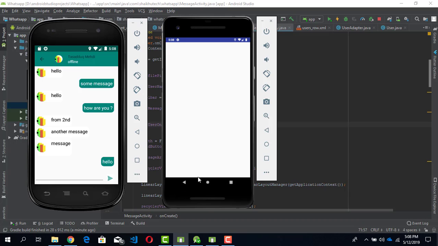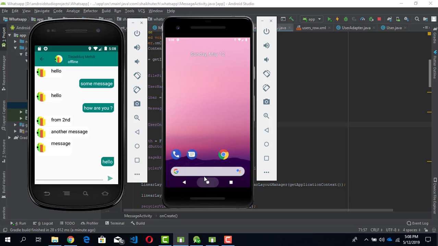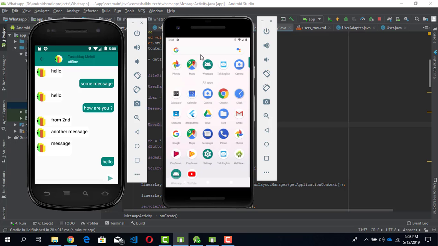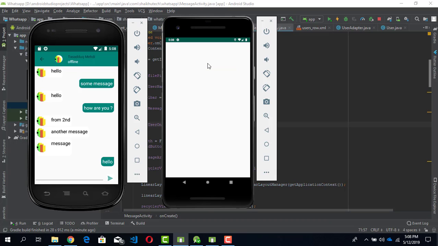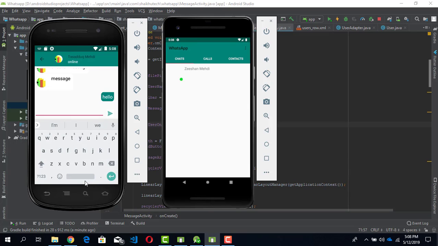Oh, I've opened the wrong app. So if I open it again, you can see that it says user is online. So if I enter some text here and send a message to the user, and if I open it again,